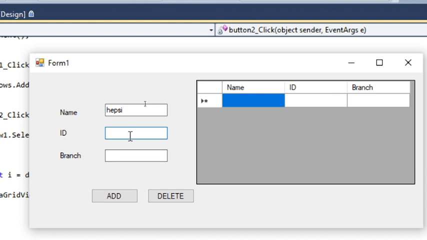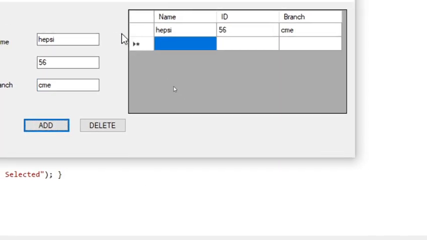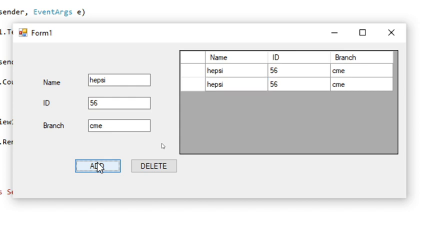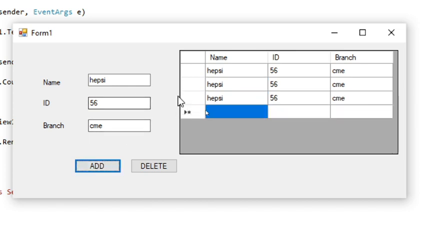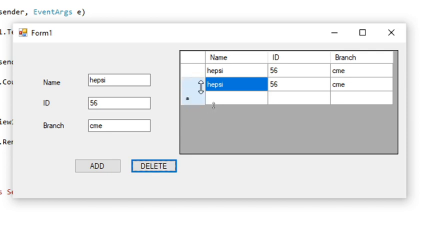See here, 56 and branch CME, and I am adding it again and again, and this I don't want to happen, so select one of the rows, delete.